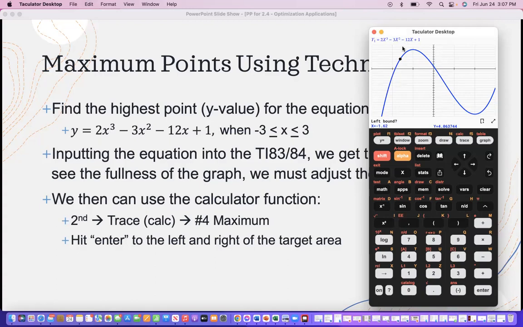Question mark. So just move it somewhere that's to the left of it and then hit enter. Then it asks for the right bound. So you want to use your arrow buttons over here to move that around until you're to the right of that point somewhere. It doesn't really matter. And then for most calculators, I believe it says guess or something to that effect. So you have to hit enter one more time, and it should take you to